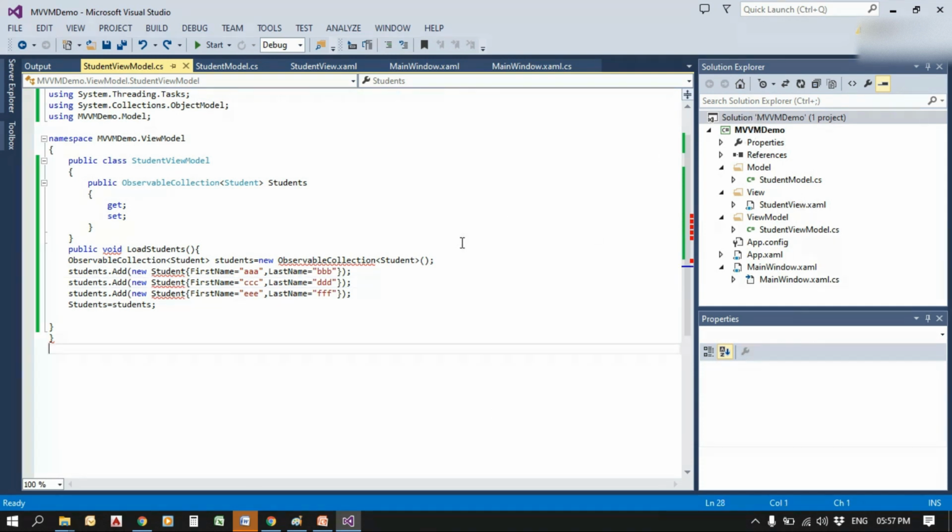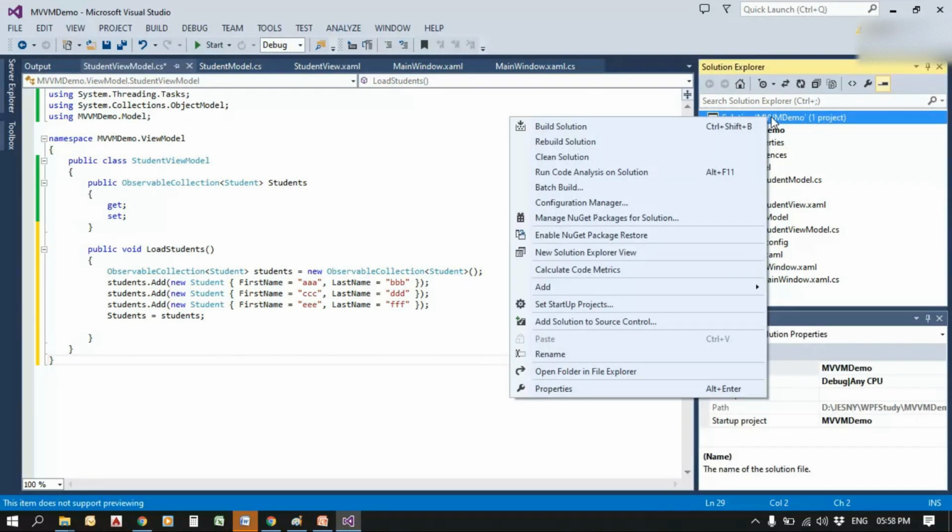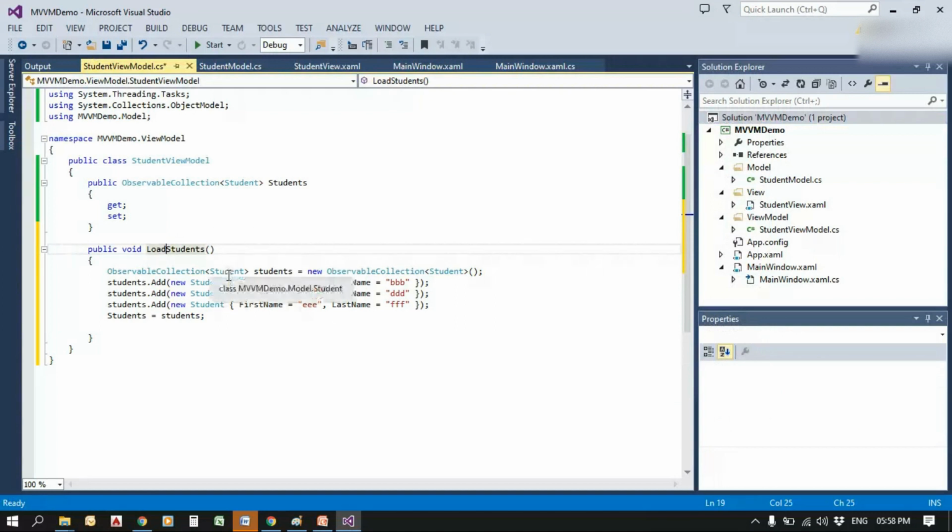Now we can run the application by building the solution. So here there is some error. Oh, this function should be declared inside the StudentViewModel class. So that's why we have seen the error. So we can build the solution.